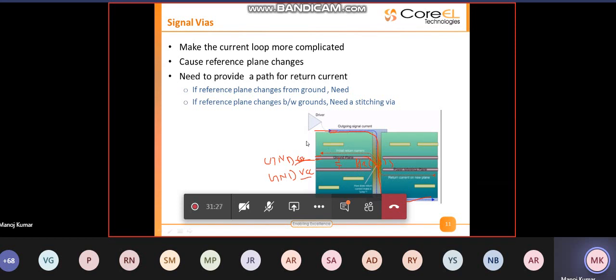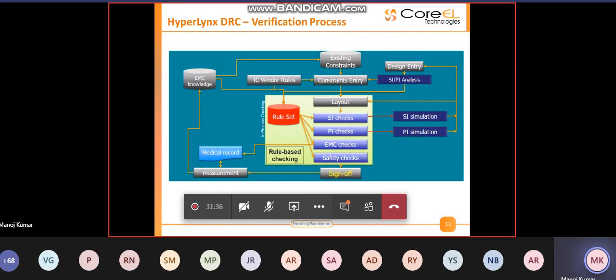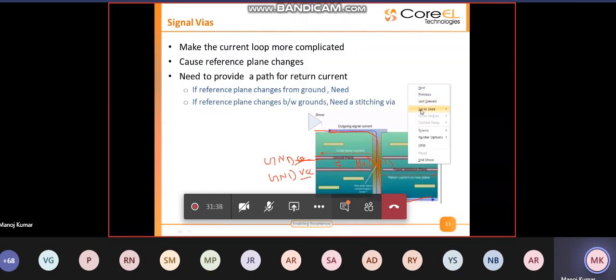So these modifications can be taken care of while doing your layout. Now, a layout engineer will not be aware of so many challenges inside the layout. His focus will be mostly on proper routing, making sure that you have all the concerned references beneath the traces.